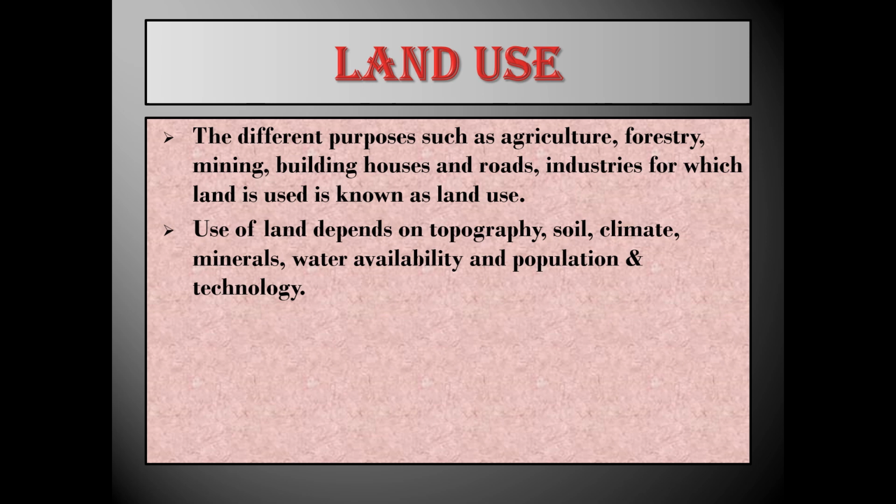So, use of land depends on the topography. What is topography? Topography means the nature of the terrain or the land area. Well-drained plain regions provide suitable conditions for agricultural activities and pasture. So, such type of land use pattern attracts a huge number of people and vice versa. About the soil, the type of soil is also another determining factor. Well-planned